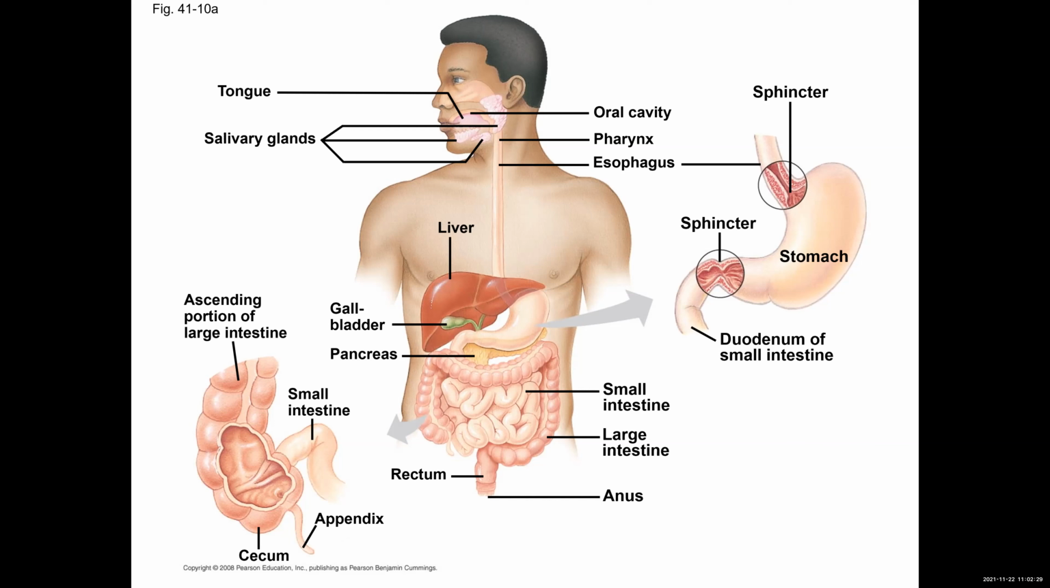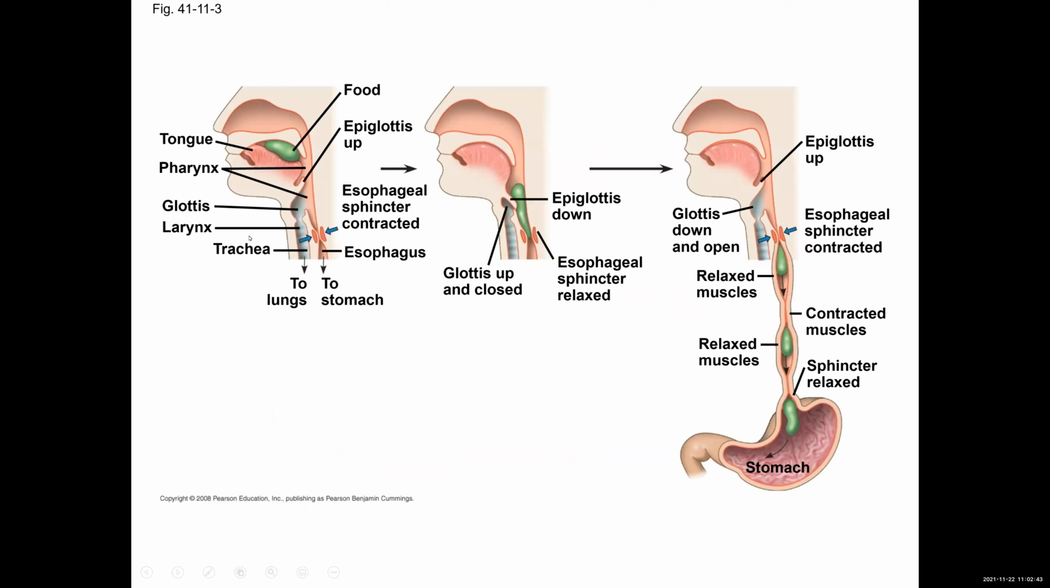All right, so let's talk a little more about what happens as we take in food, how it gets into the stomach, and what the stomach does. When we have food in our mouth and we swallow it, that is a mechanism that's under our conscious control. But once we have swallowed, so we're going to see this green blob here is representing the food,